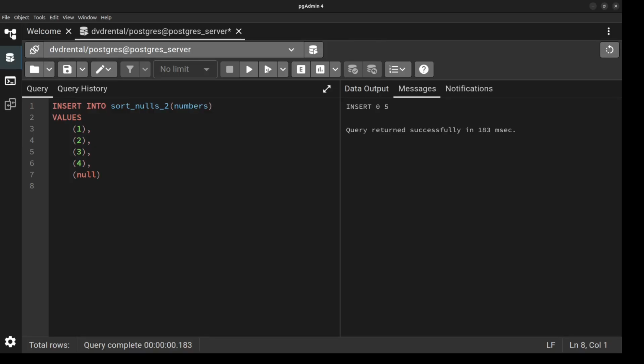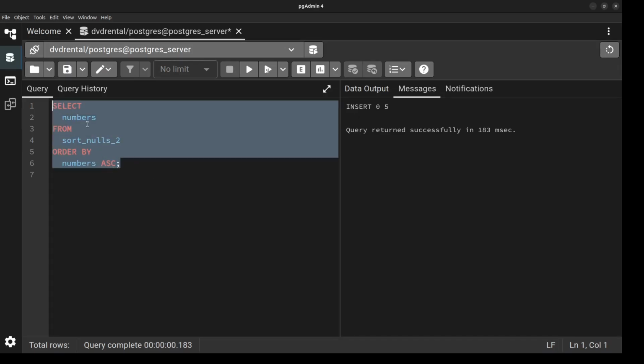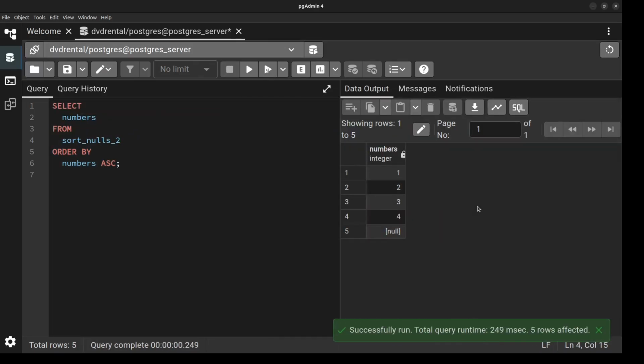Now let's select the numbers from our sort nulls table. So this says select numbers from sort nulls 2 and then order by numbers ascending. So this should select the numbers from this table and order the number in ascending order, that is from 1, 2, 3, 4 in this order. So let's run it. Now we can see that it's ordered in ascending order and the null values are placed